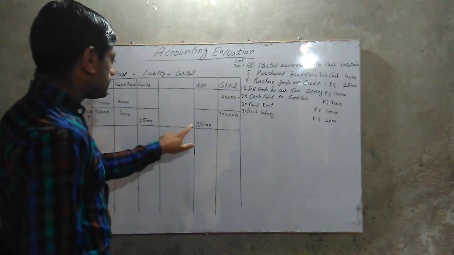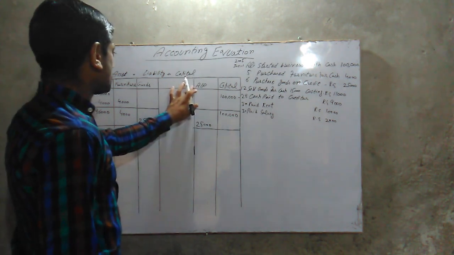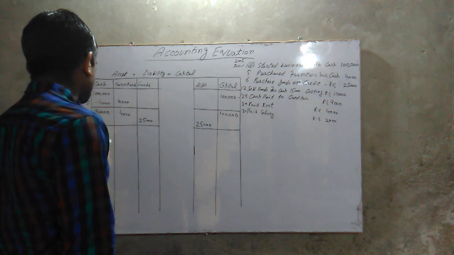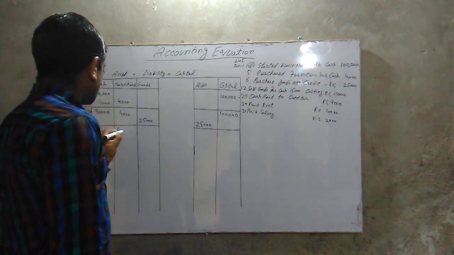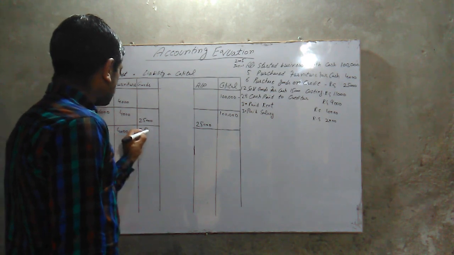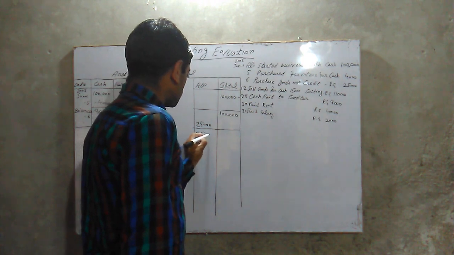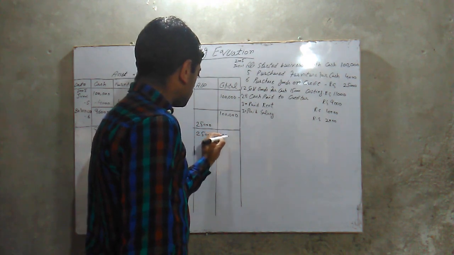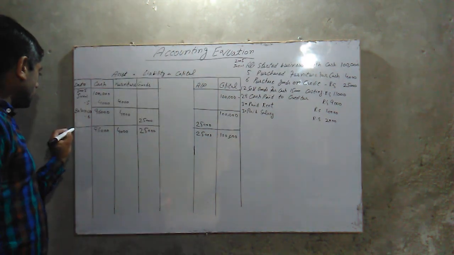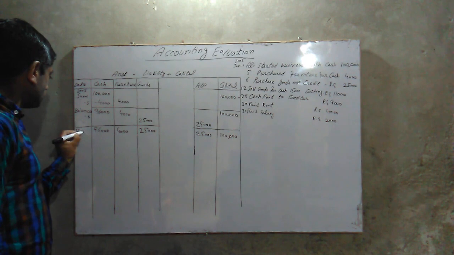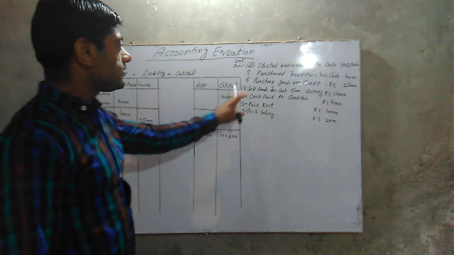So now 96,000 same, 4,000 same, 25,000 same, 25,000 and 1 lakh. Balance sheet. So next is